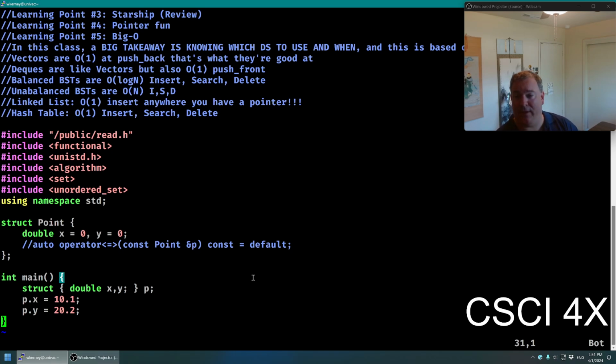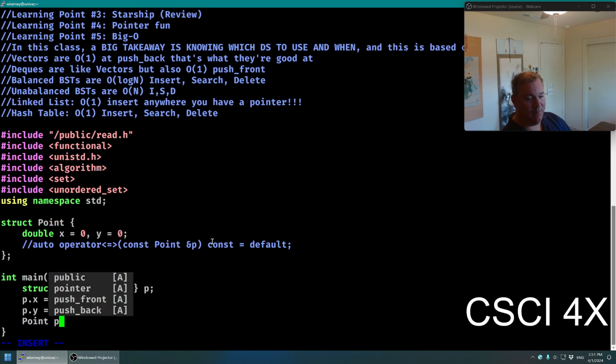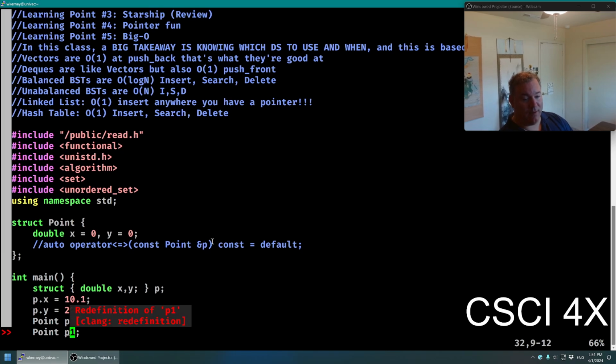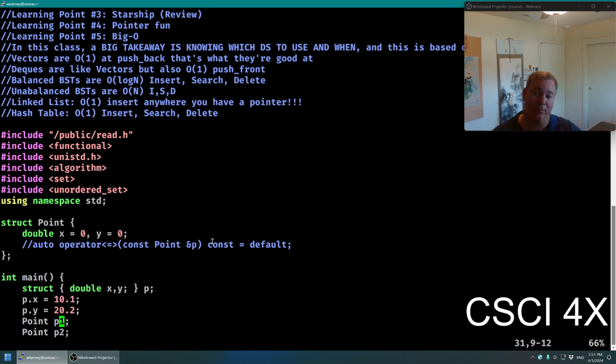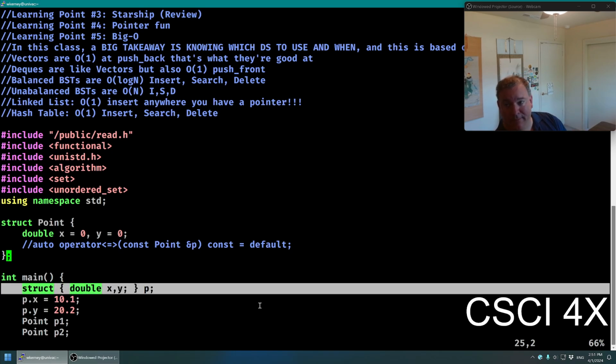But if you are going to use them again, like we might in fact make many points. We could make a point P1 and point P2 and all this kind of stuff. We have functions that take points as parameters. We could make a dot product operator that dots products things together. You guys understand? So when you're going to use things multiple times, they probably need to have a name. But if you've got a one-off thing, knock yourself out. You guys understand this anonymous struct concept?